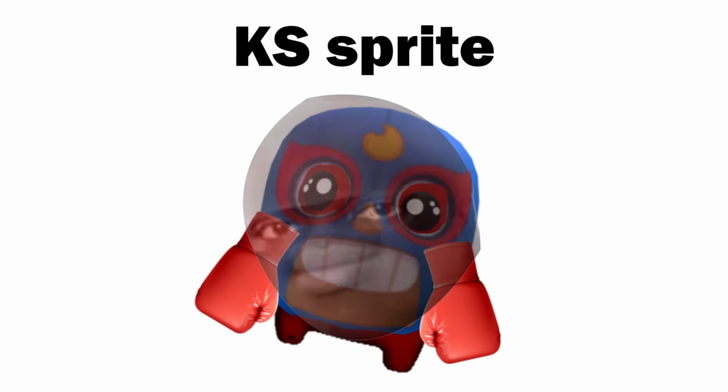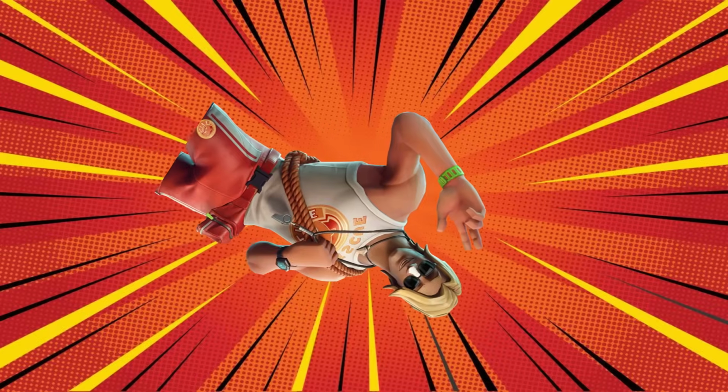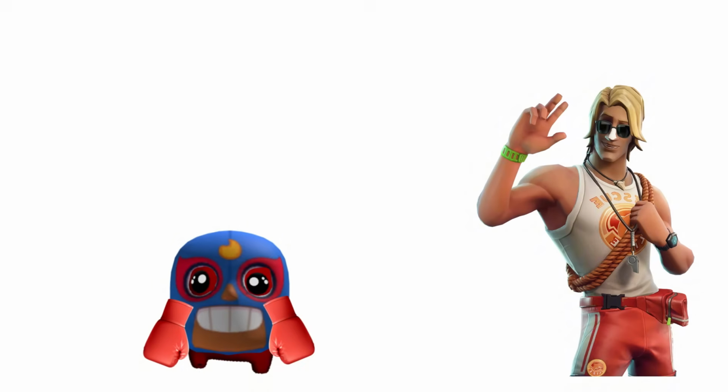Next up we have the KS Sprite, which when thrown will have an ability to punch nearby opponents and knock them back while also dealing 50 damage. This ability would last 10 seconds, because after that he gets tired and will behave like a normal sprite